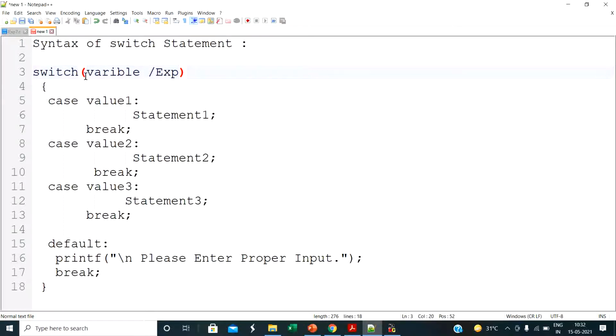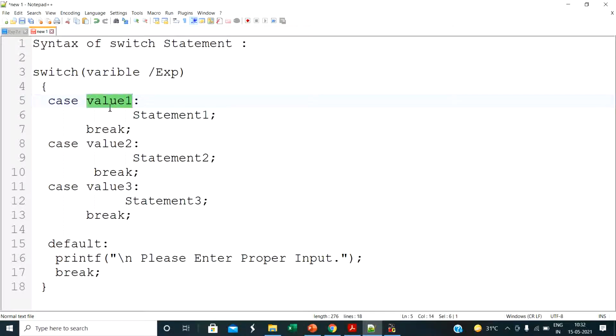Second, we define the case. Remember one thing, the value of the variable and the case value must have the same data type. If the variable value is a number, then the case value must also be a number. If the variable value is a character, then the case value must also be a character. This is a very important point. Then here in brackets we define the various cases. Case is also a keyword in C, then a space and then the case value.